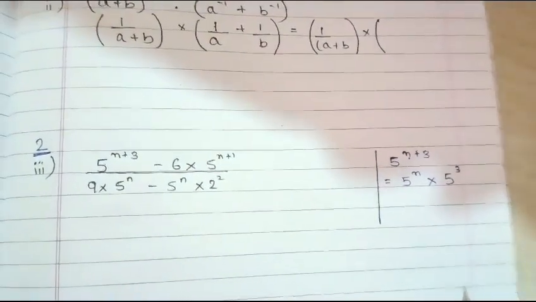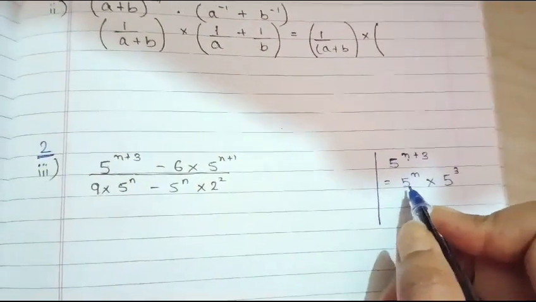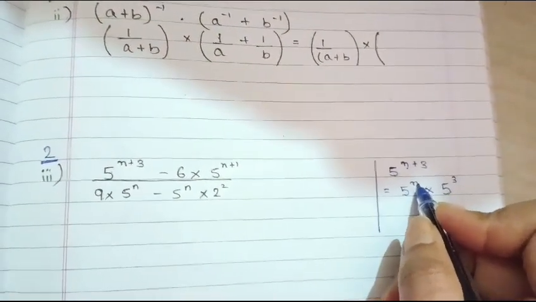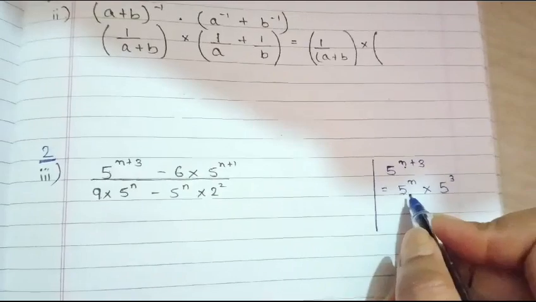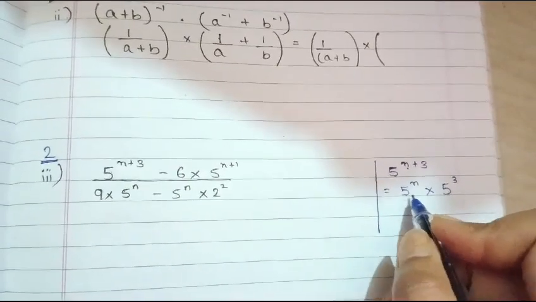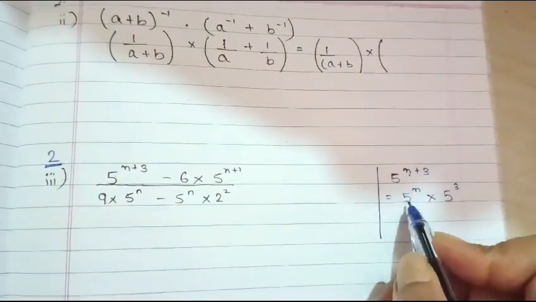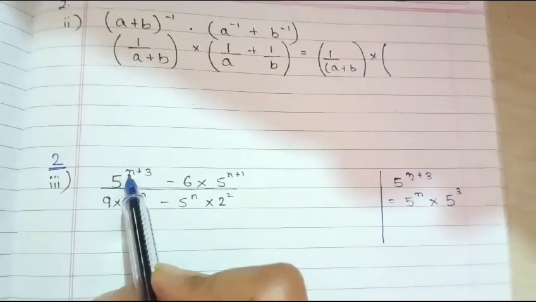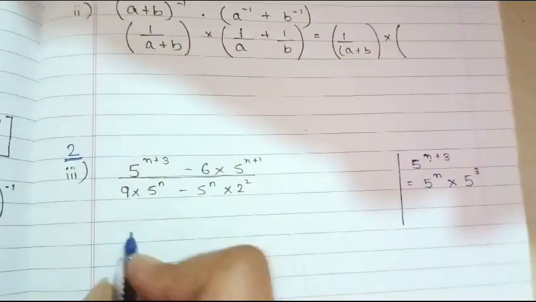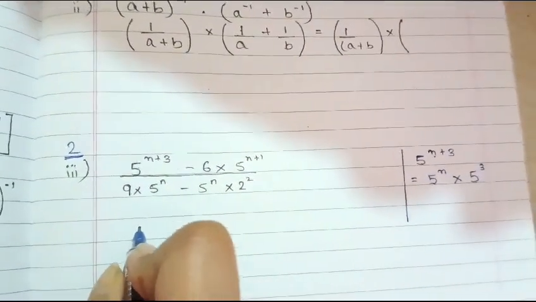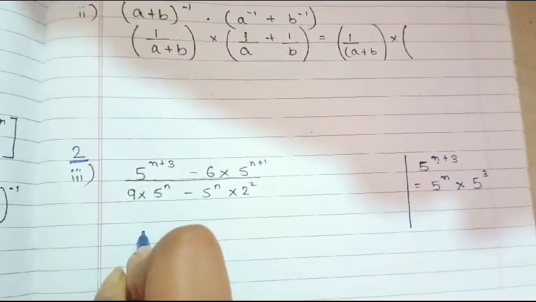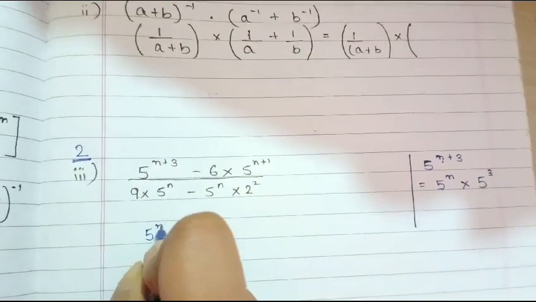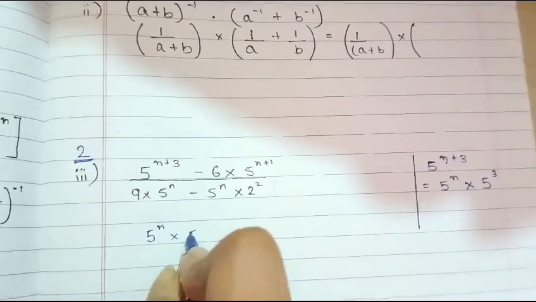Remember, we had a rule of indices that if the numbers have the same base, then we are going to add the powers when multiplying such values, right? So using the same concept, we need to split this 5 raised to the power n plus 3. So 5 raised to the power n plus 3 can be broken as 5 raised to the power n into 5 cube